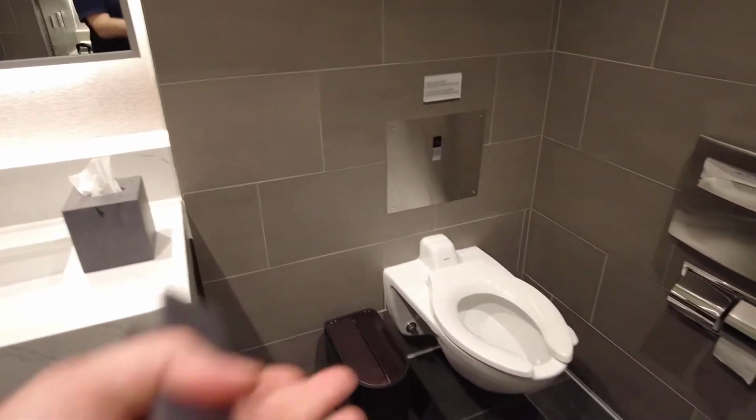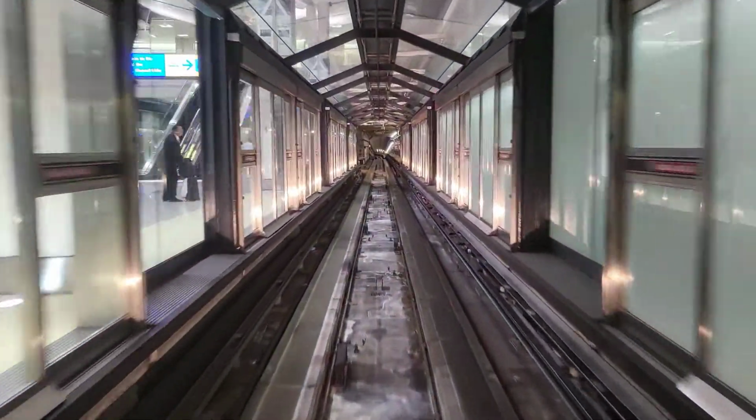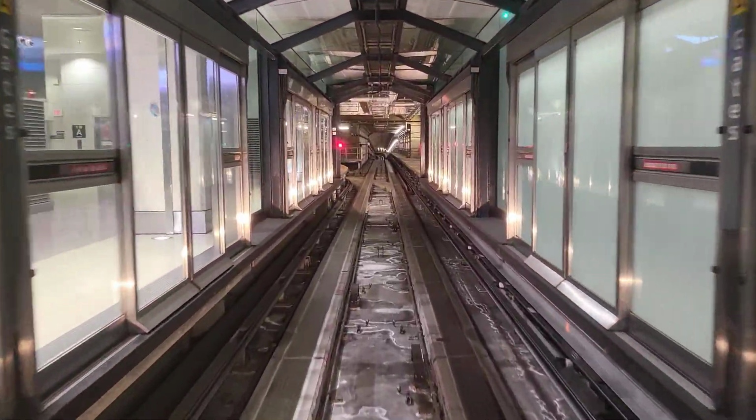But also just having a private clean toilet is nice. I had a nice, great, quick shower and then left the lounge and hopped on a train to head back over to the gates that my flight was leaving from to do a little more lounge hopping. Well, here we are back in the A-B gates. Gonna head over to